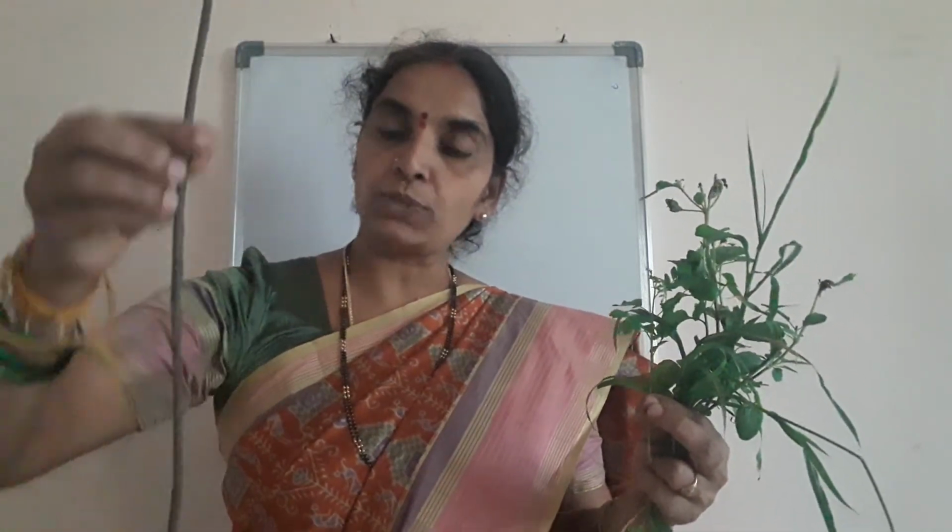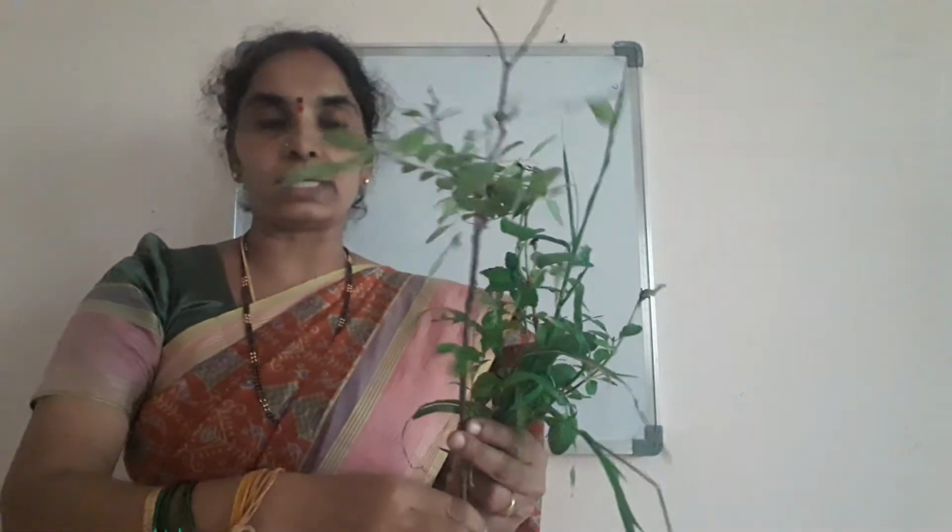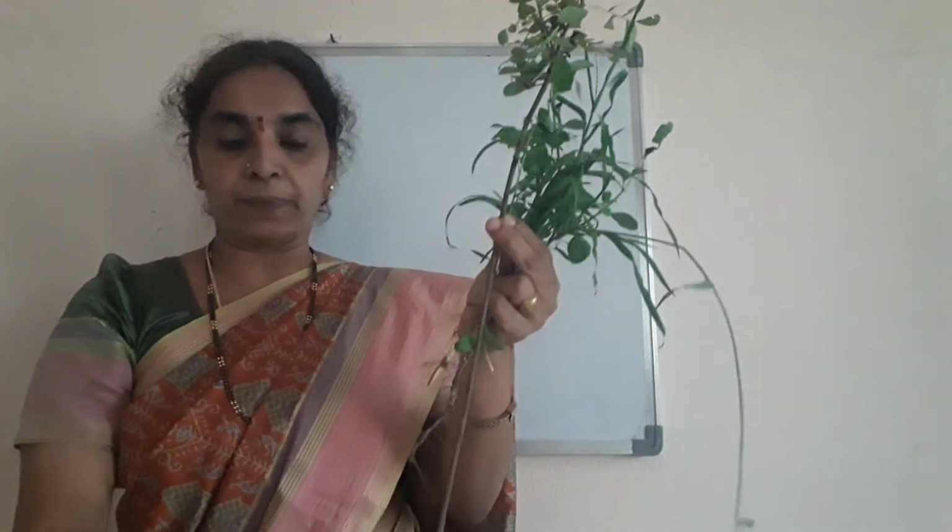curry leaf plant. See here children, this is a curry leaf plant and the bigger one I show you. This is the leaf of the curry leaf plant. I am showing you its root system. Hope you have observed clearly what it is. Again I'll show you later and explain this type of plant and the root systems too.